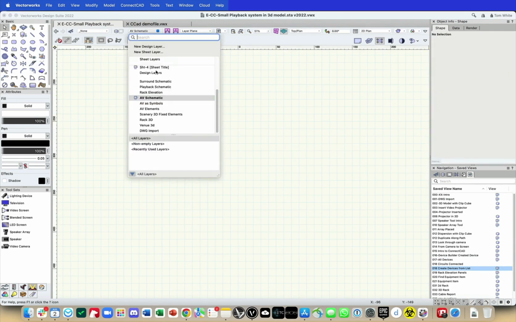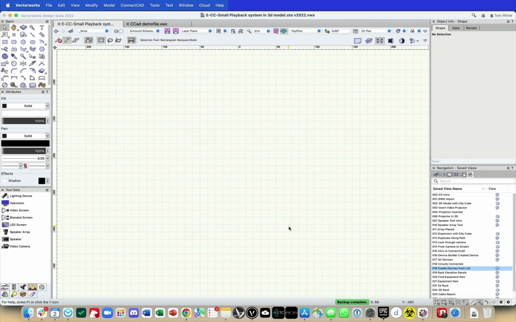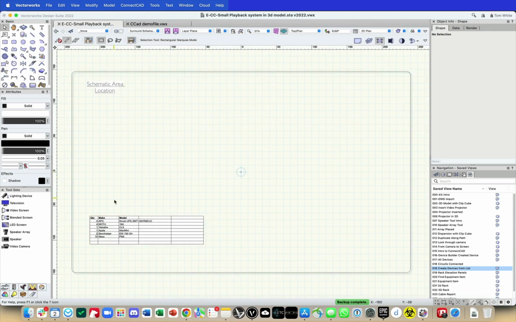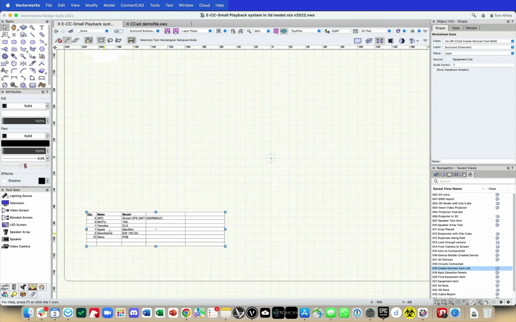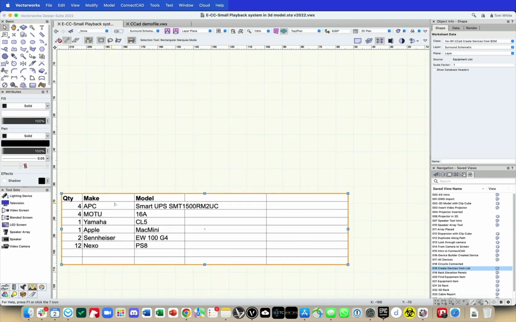Okay, so let's now look at creating a device from a list. So we'll look at the surrounds specifically. And here we have another new feature which was in 2022, where you can create equipment from a list. Now the key thing here is that the make and model must exactly reference the same name that is used in the ConnectCAD libraries. So one way to check this